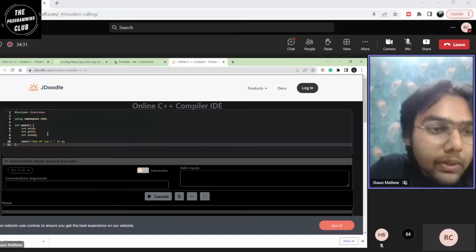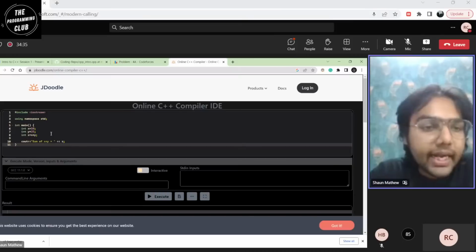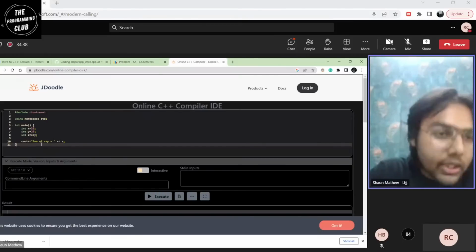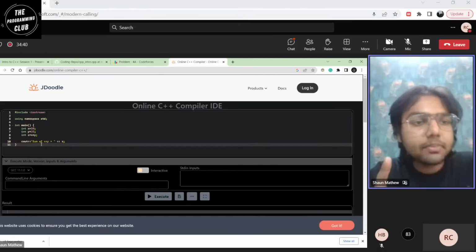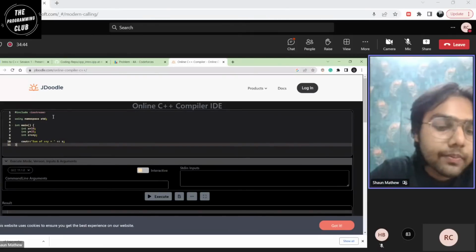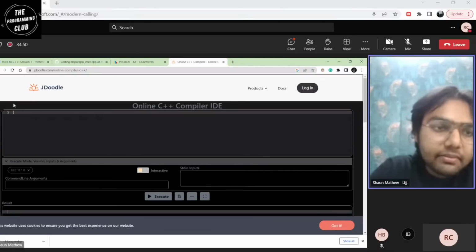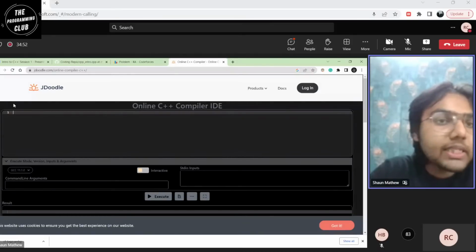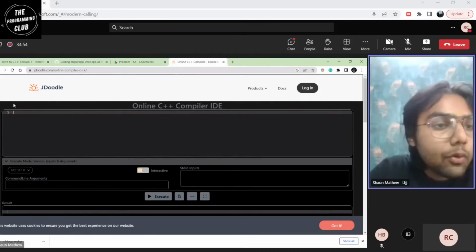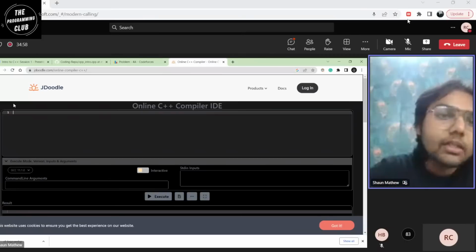Now as soon as you open this, you get some code already written on the IDE. So what is this? This might sound a little confusing. This might look a little different if you just started with a programming language. So let me clarify what these things are. For now, I'll erase everything and start with the first thing that we are going to learn. That would be the header files. So what are header files?